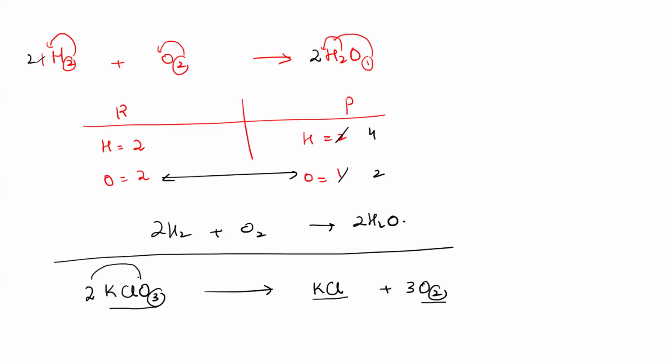So this would now make oxygen 6, right? But also potassium and chlorine, they change. So this would be 2 here, right? Do you get it? Since you now understand it,